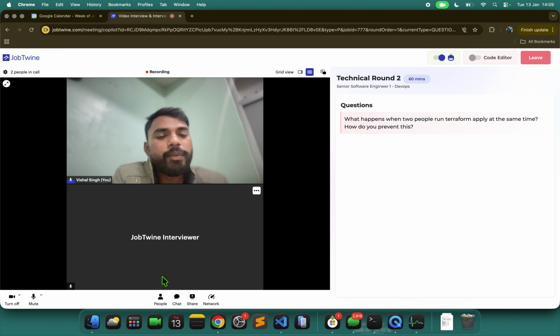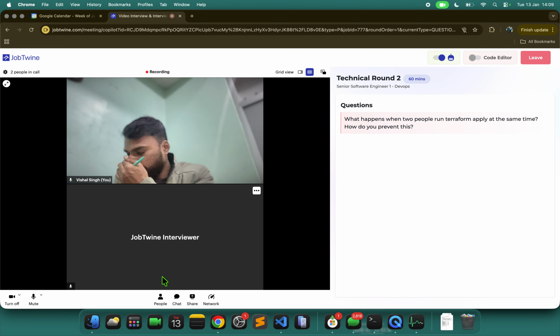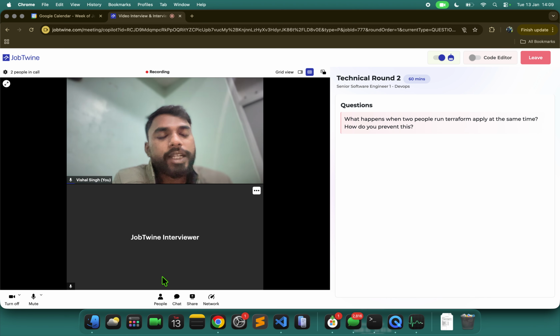Then we can enable the state locking mechanism. In case one engineer is working with Terraform modules and uses the Terraform apply command, and at that time any other engineer tries to do any work, it will pop up with the state lock. It will point out that the first engineer is already working on Terraform. So that's how the state lock mechanism mitigates this type of scenario.